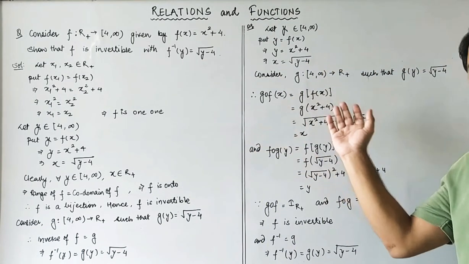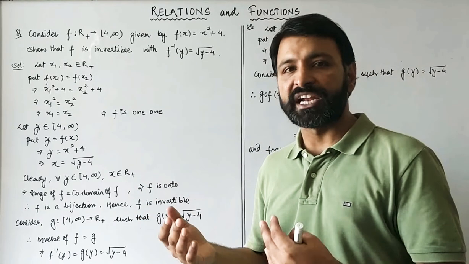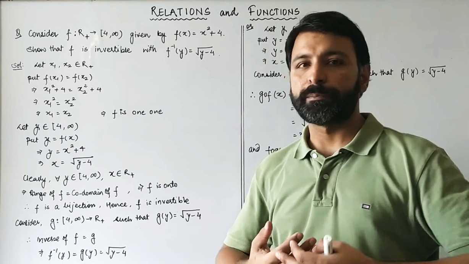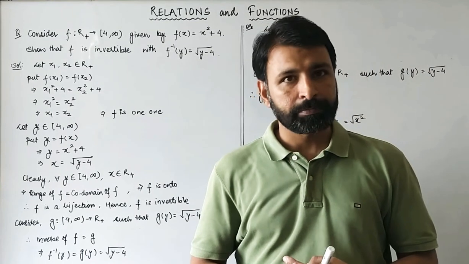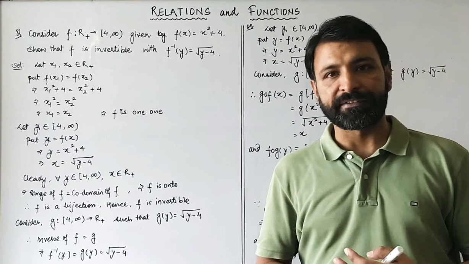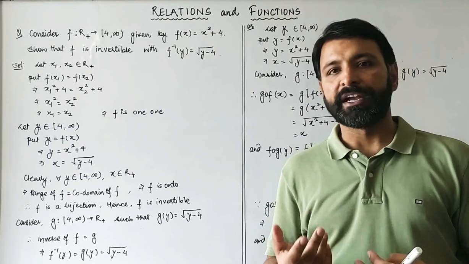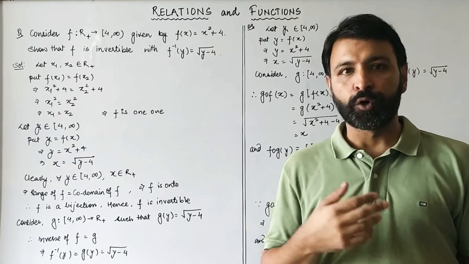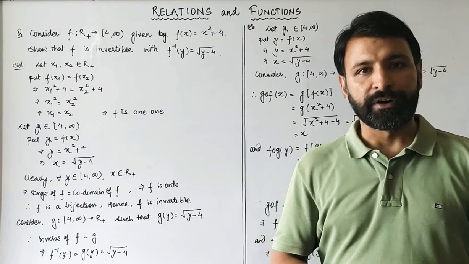अच्छा, मैंने दोनों ऑप्शंस करके दिए. First is we'll prove it as one-one onto function, that is a bijective function, and then we will show that since the function is a bijective function, hence it is invertible, and we'll find the inverse. The another one is by using composition of two functions f and g. First we'll find a function g, ठीक है, then we'll find fog and gof, and we'll show that they are the identity functions of domain and codomain, and then we will find the inverse of the function.